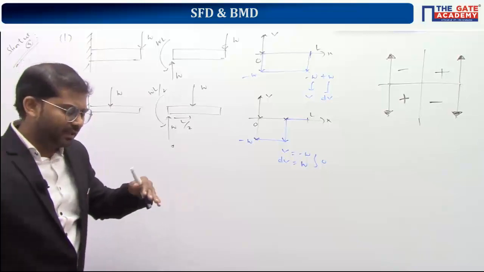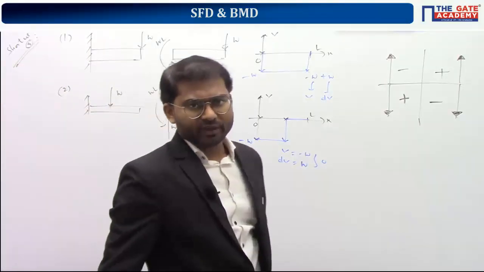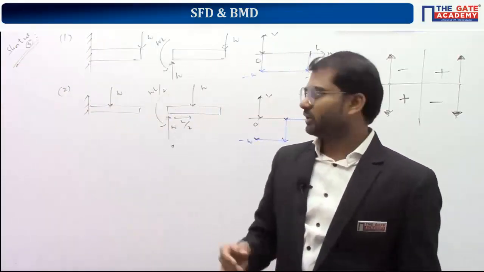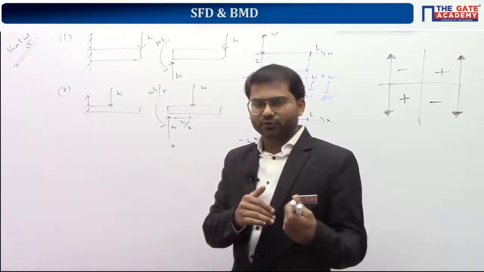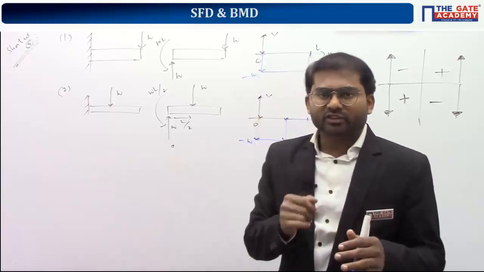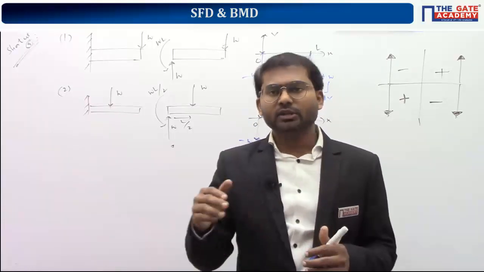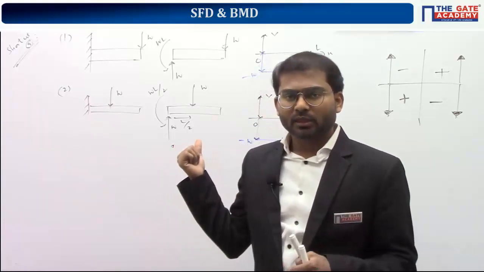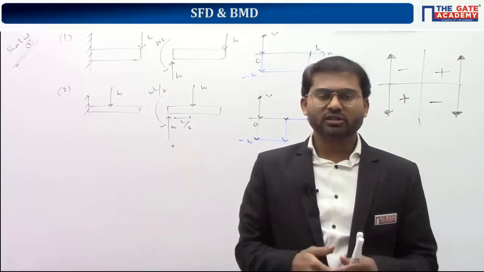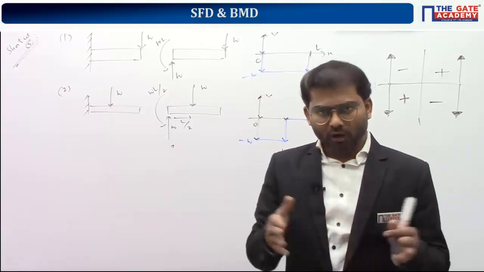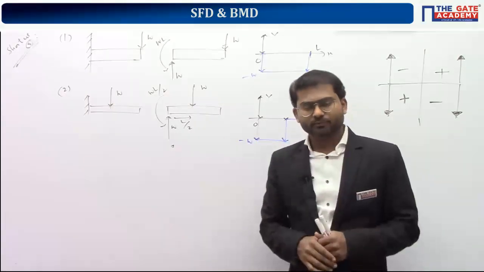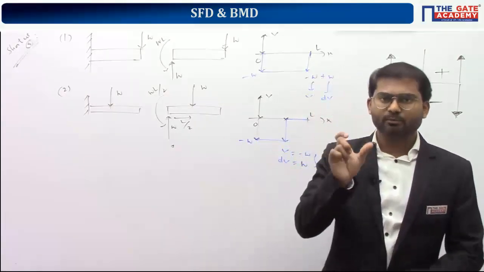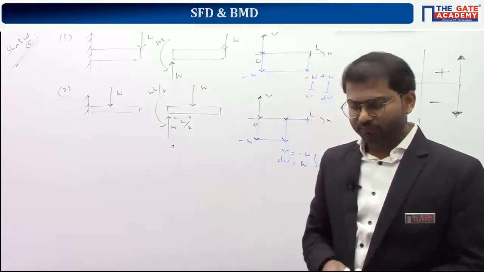Like this, you can take any question where there are only point loads. You can have moments and all, because existing moment can cause change of shear force. But if there are uniformly distributed loads, etc., then you cannot apply this technique completely. So this technique will be valid to draw the shear force diagram for the whole length of the beam when there are only point loads. That means load should be of point type only. Understood? Clear?